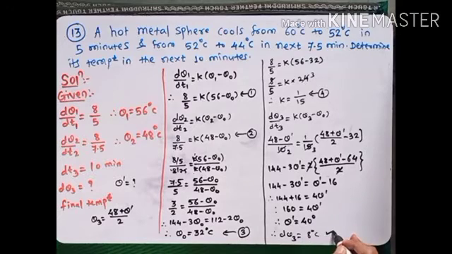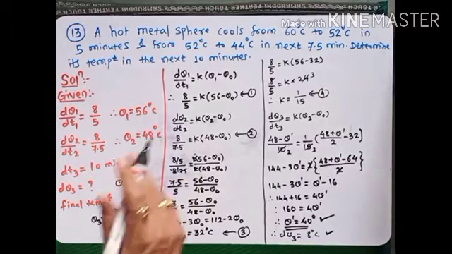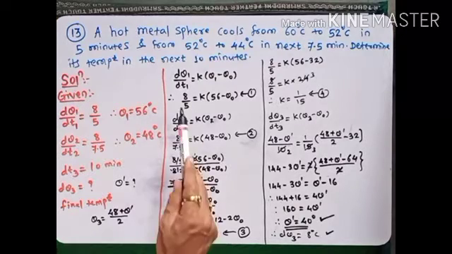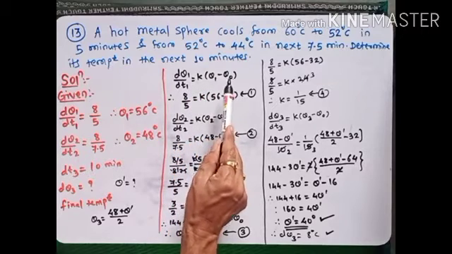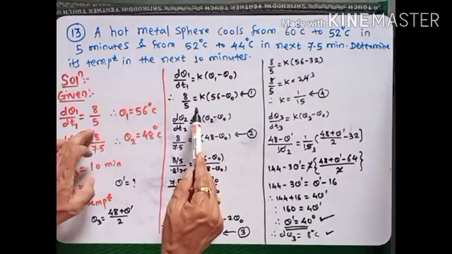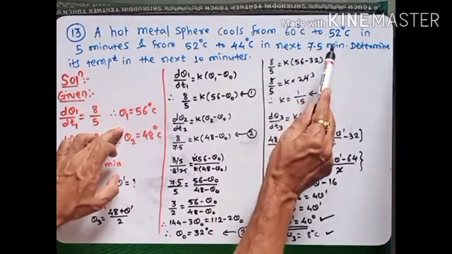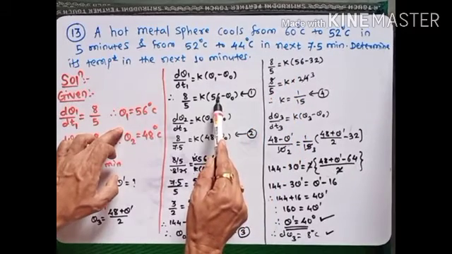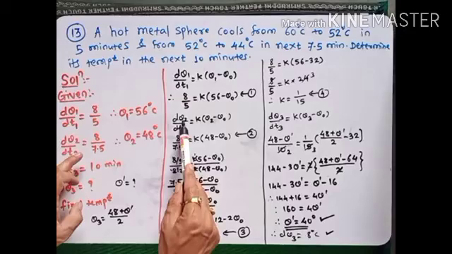This answer is not actually what we require, but this is required. This is the final temperature, that is, after 10 minutes, that temperature is 40 degrees centigrade. Suppose we check again. Okay, d theta 1 upon dt equal to k into theta 1 minus theta 0. Then 8 by 5. Theta 1 means the mean of these, 52 plus 60, which means 56, minus theta 0. This is one equation.